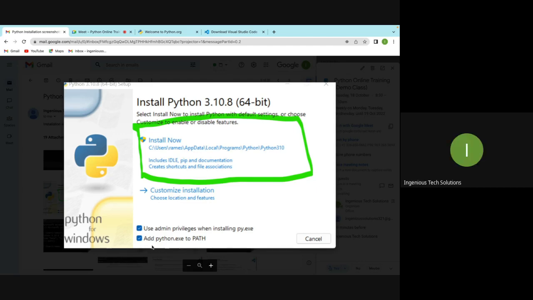Okay, got it. In order to do that, we have to manually add the path. But in the Python installation itself, they have given the option to add python.exe to the path. Right? Okay. Now,